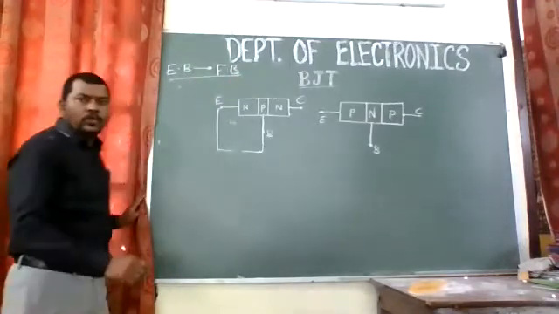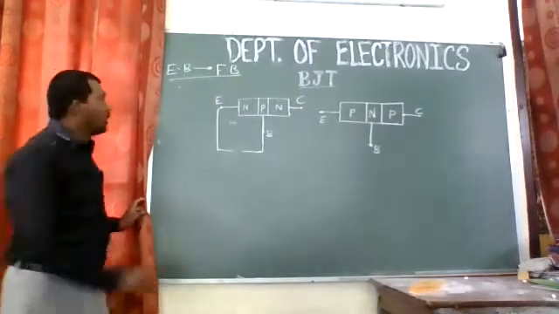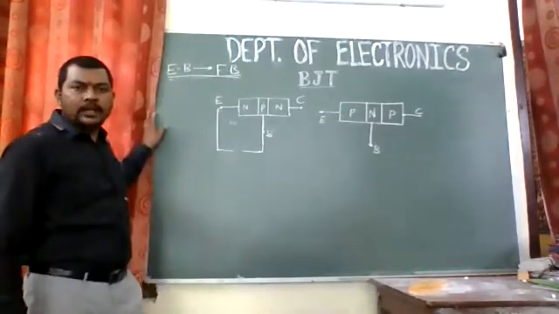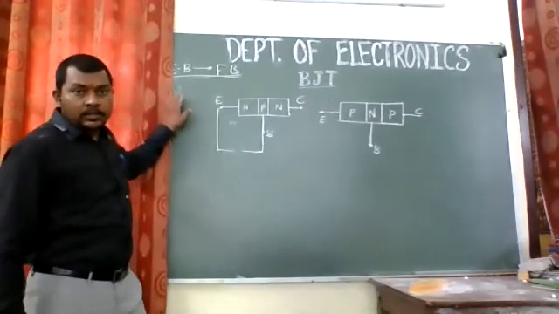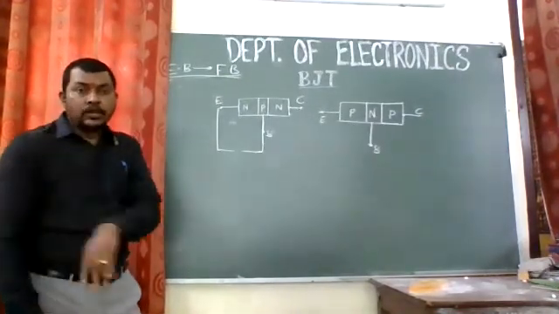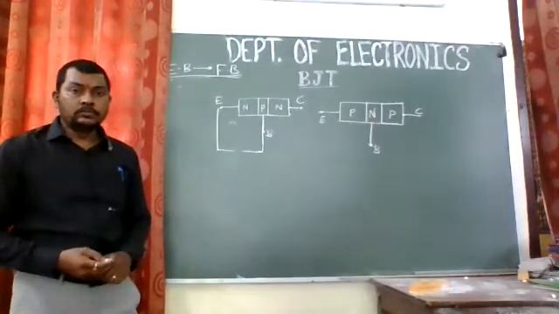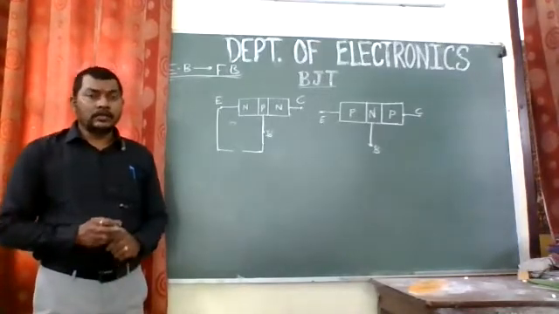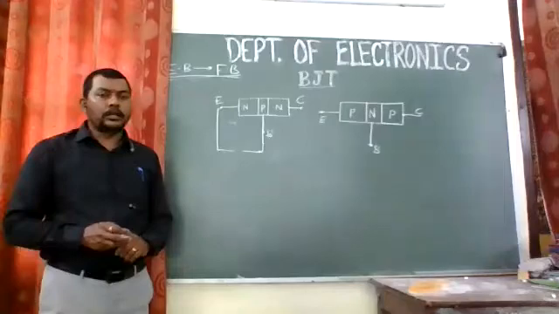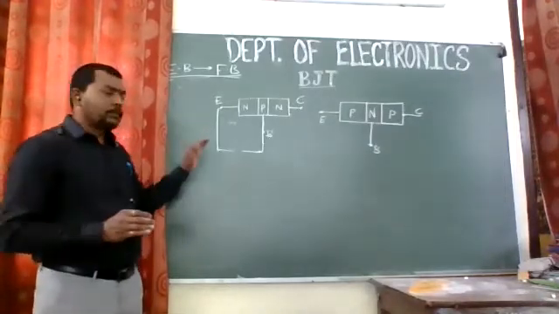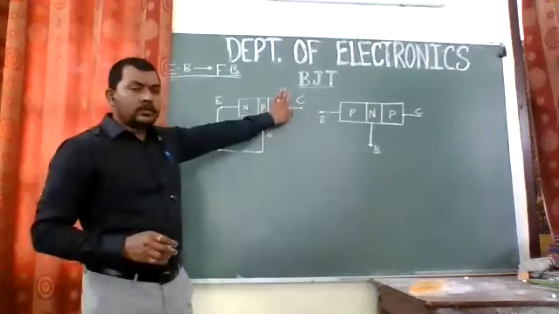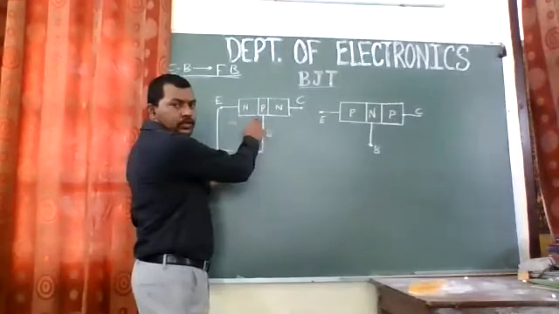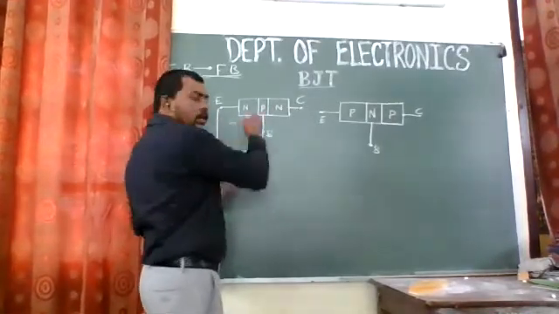Now remember how we connected the diode. For a diode in forward bias, the positive terminal of the battery is connected to the P type and the negative terminal of the battery is connected to the N type. The same concept is to be applied over here. If I just mask this, it is a simple PN diode, so we have to connect accordingly.